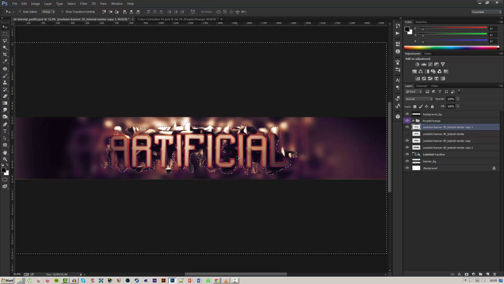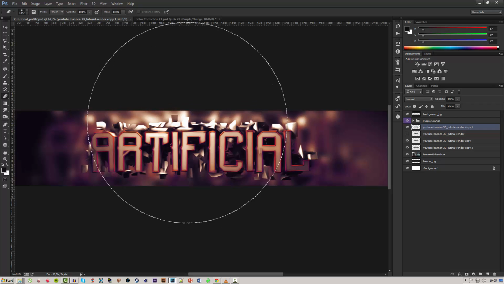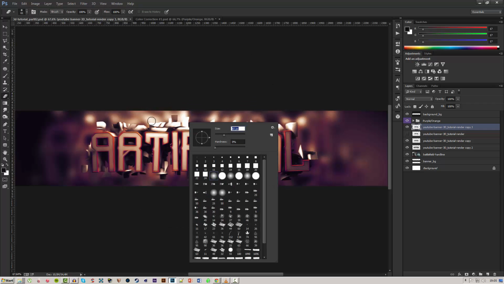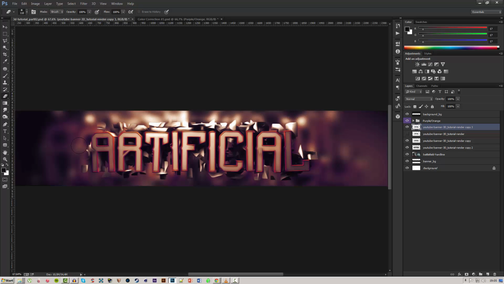But another way you can do that is to use the eraser tool by pressing E on your keyboard and just erase around the top and the sides, and just around the bottoms if you want to, but I'm not going to do that. I'm just going to have it like that for now. Was that everything? Yeah, that was everything. Okay,